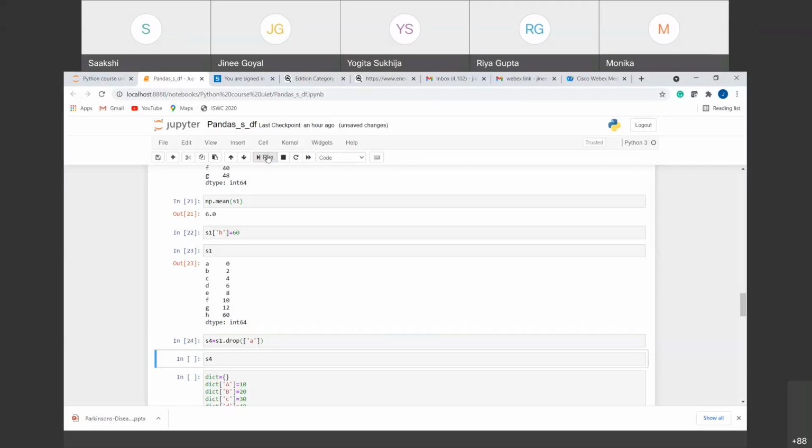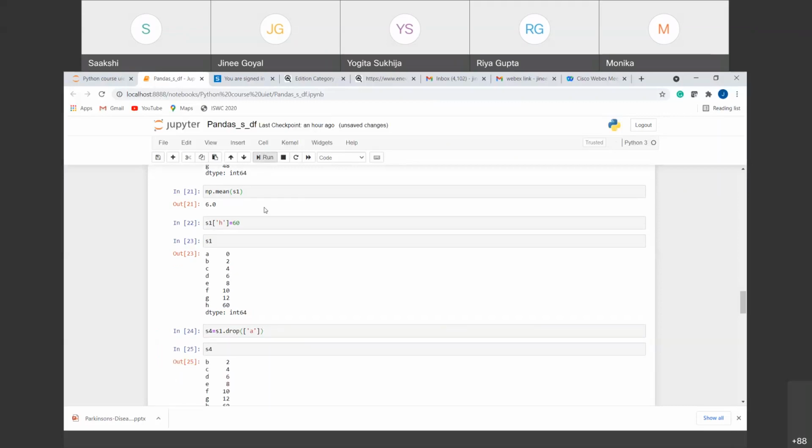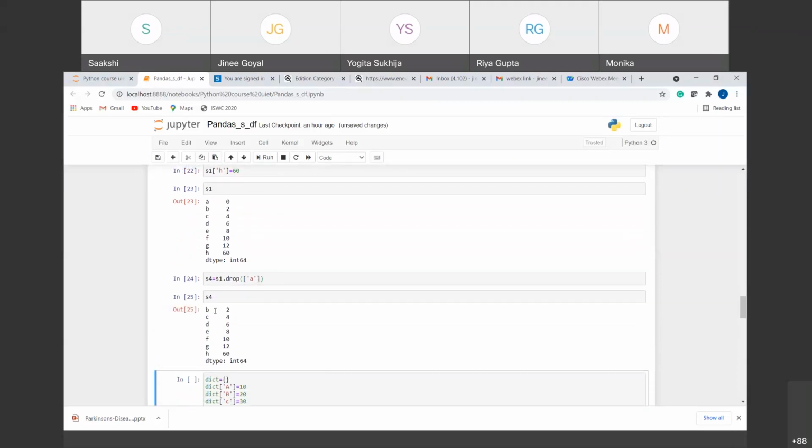If I run this and run S4 again, you can see now that it consists of values from index B to H, but not A, right? Why not A? Because we have dropped the value. So we can delete the value, we can add the value. So we can do any functionality to the series that we do to the arrays, and even in a better way, right? That is why series are used.